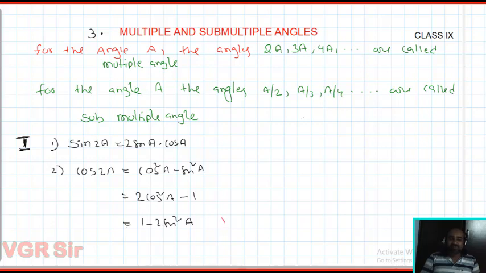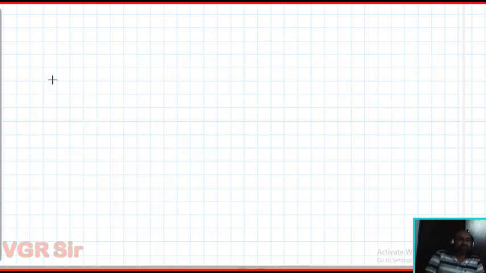Important thing is, for every A belongs to capital R, means these results are applicable for all real numbers. Instead of A, anything you can write. 2 degrees you can write, 2 radians you can write, 3 radians you can write, anything you can take as A. That's why A is any real number. For any real number A, these two results are true. One by one I will prove. Observe here, proof for those two results.